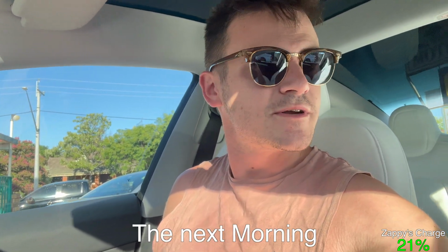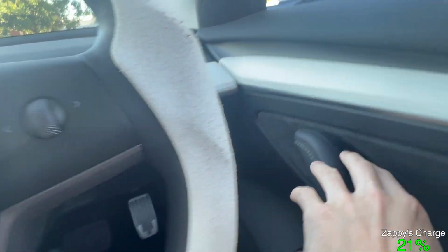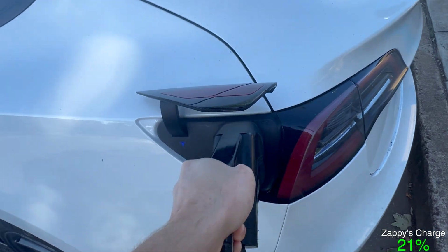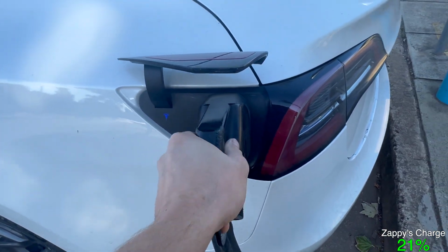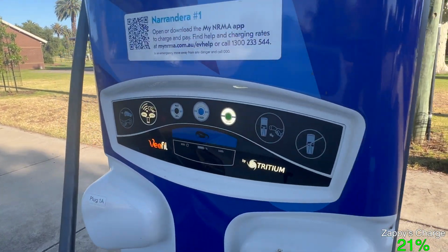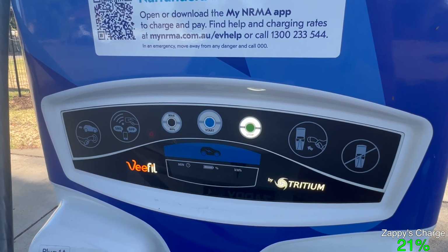So it's 8 o'clock in the morning and I'm gonna check out the charger. So this one's going to be a bit different because I need to download the app and do a whole bunch of stuff to start charging this thing. It was a little bit of a nightmare to get it to start charging. The whole set up the app, make an